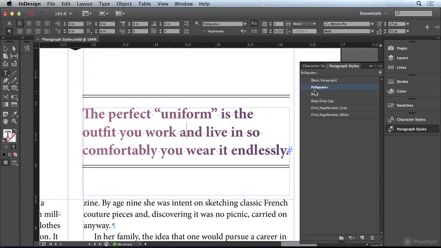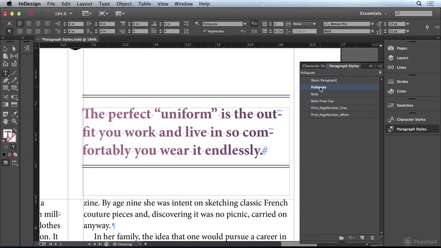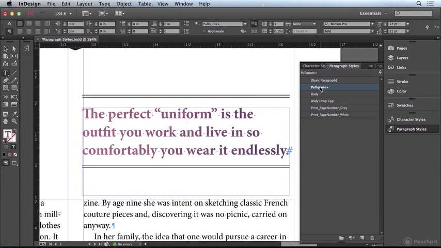Now, the one thing is that's a local override. And remember, we have the plus sign now. So you remember we could Option click on that, and that's going to strip out those overrides. That's really not what I want to do. So I'm going to undo that. And then what I'm going to do is I'm going to say, you know what? I know I have overrides, but I want the change that I made to this text to become part of